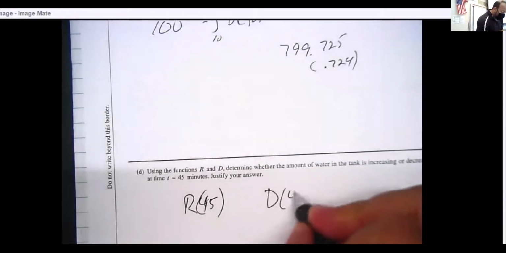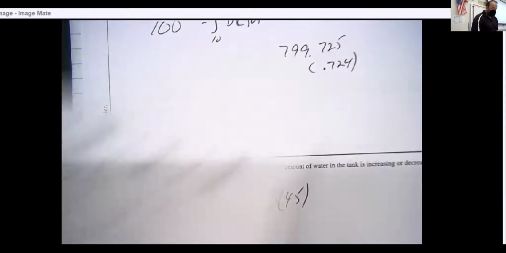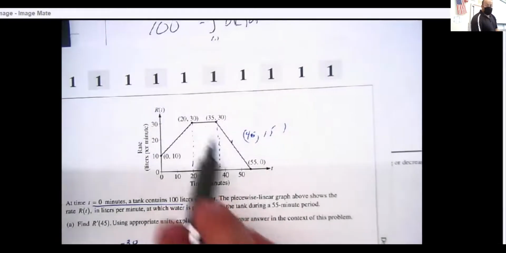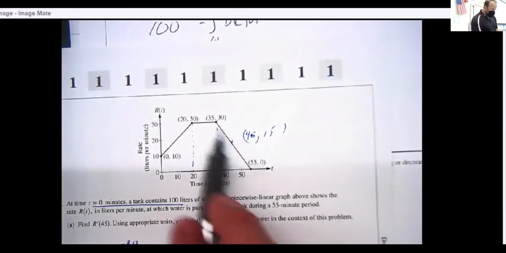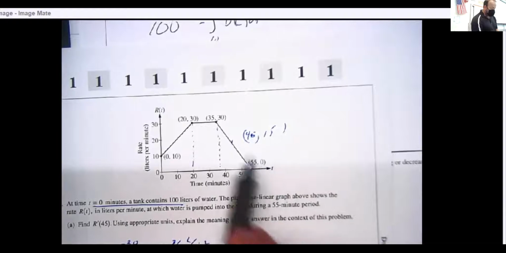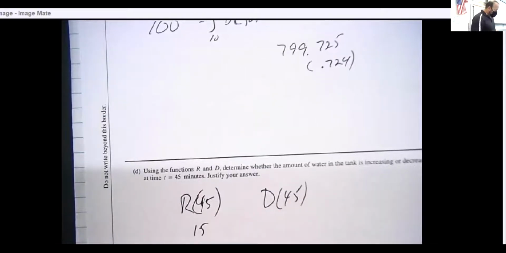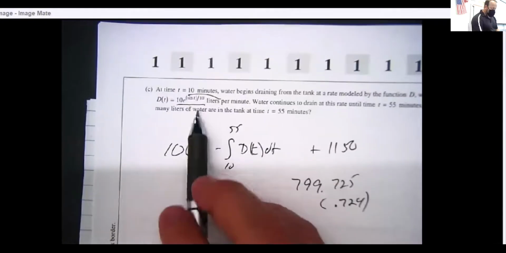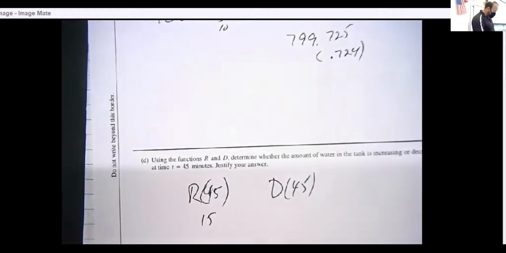So now the interesting thing is, do we know what R of 45 is? Well, we kind of almost had to figure that out a while ago, because R of 45 right here, I guess this is just my work. I went back and I said, well, shoot, 45 is smack dab in the middle, isn't it? So the 15 should be smack dab in the middle of 0 and 30. So this was 15. And then I went to my calculator. Now D was this equation right here, right? So I'm going to plug in D of 45, and I did, and I ended up with